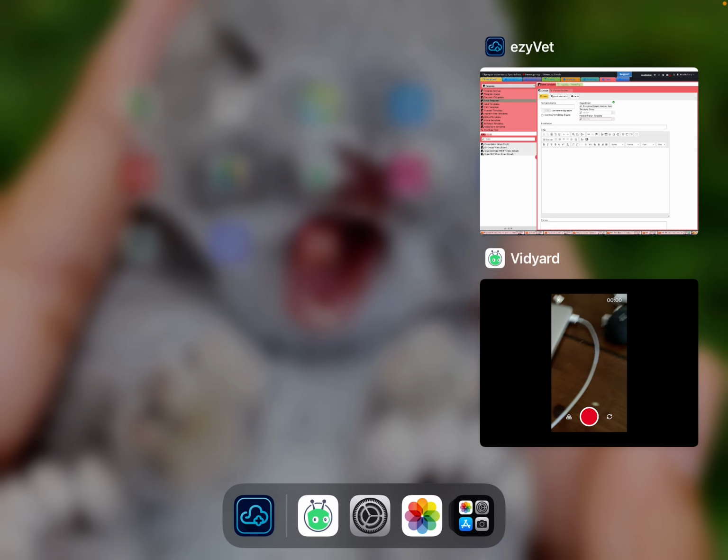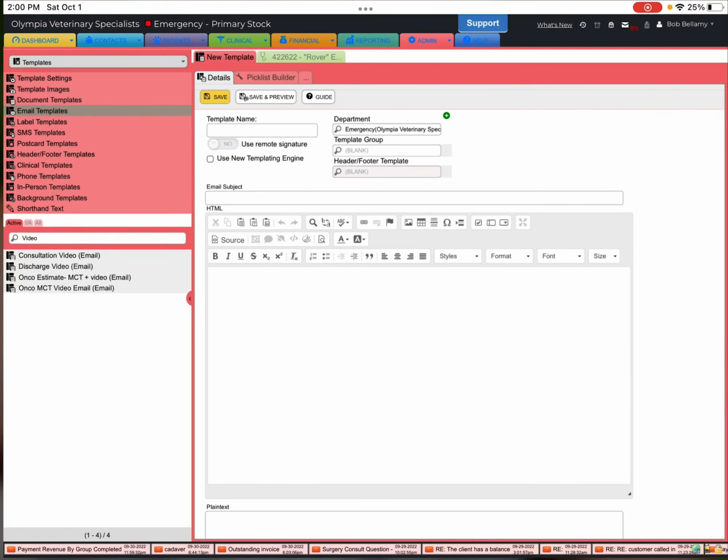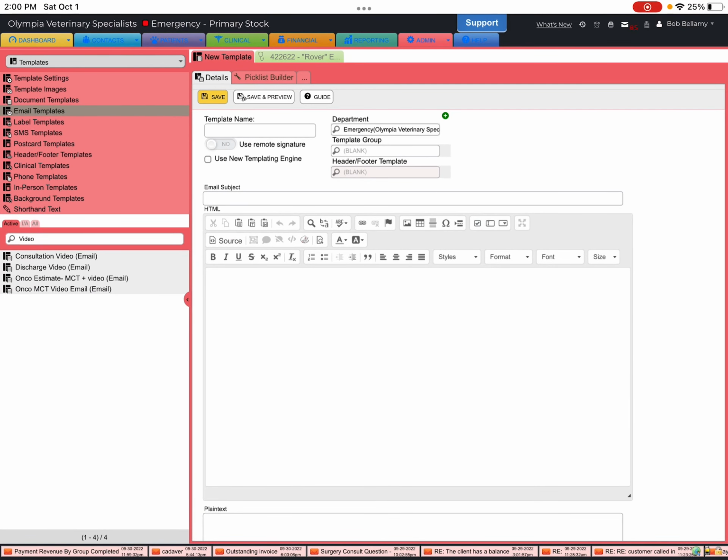So, the thoughts are for our consults, specifically for the specialist, maybe in some situations with ER, to record the doctor presenting the findings and recommendations, and with discharges to videotape the actual discharge so that clients have that information to refer back to. We would then go into EasyVet once we make the recordings in